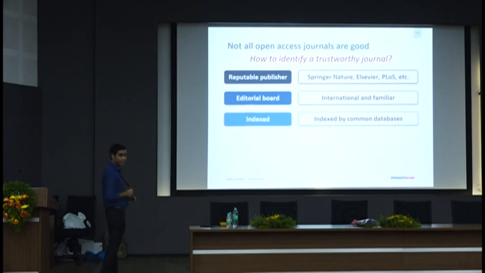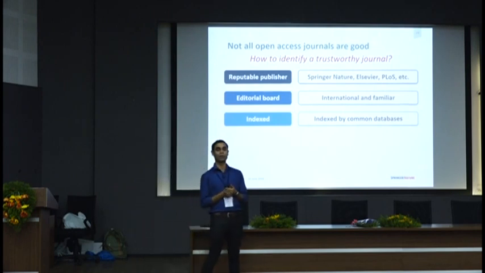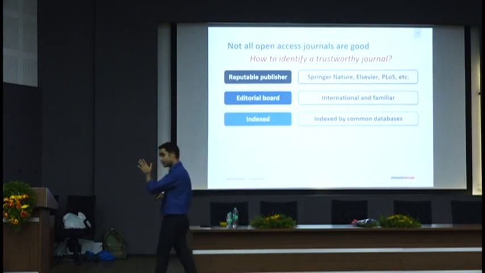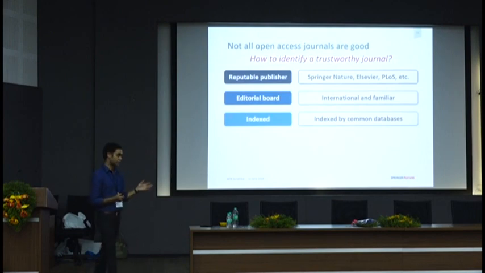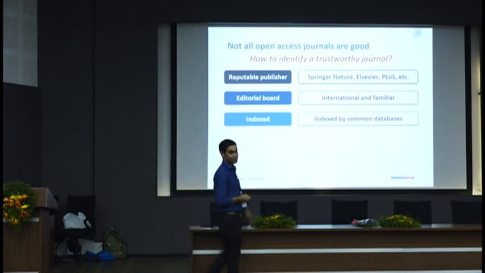The third one is, of course, indexing. Very important, because most of the recognized and good journals in any subject are always indexed by top indexing services like Scopus, SCI or Web of Science. But again, it doesn't necessarily mean that if a journal is not indexed in one of these databases,